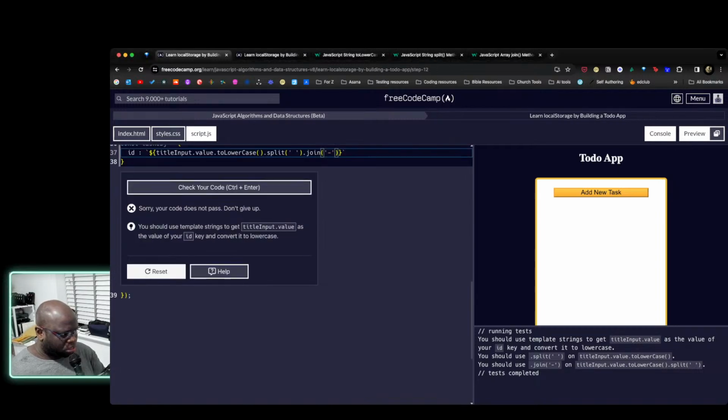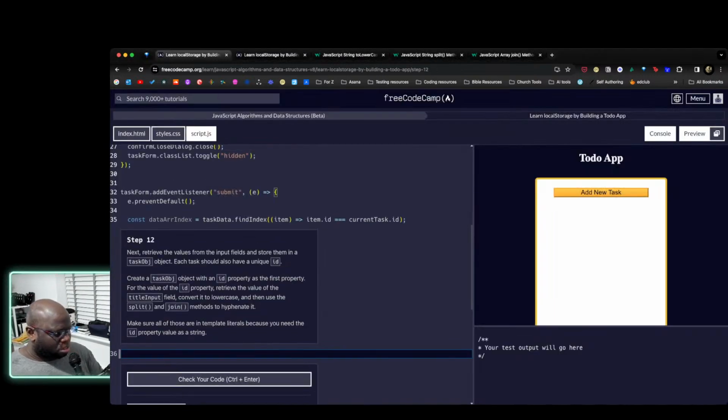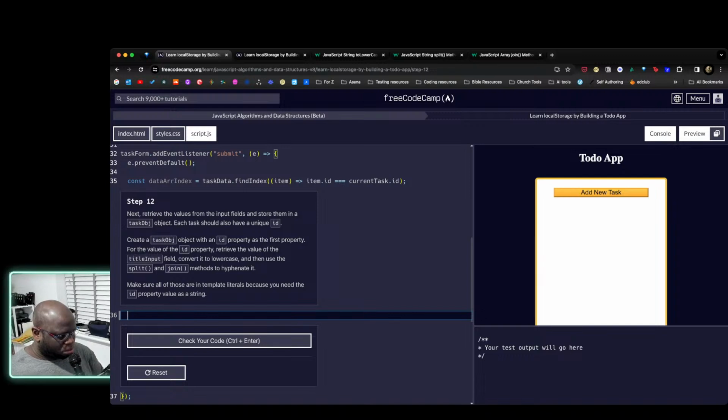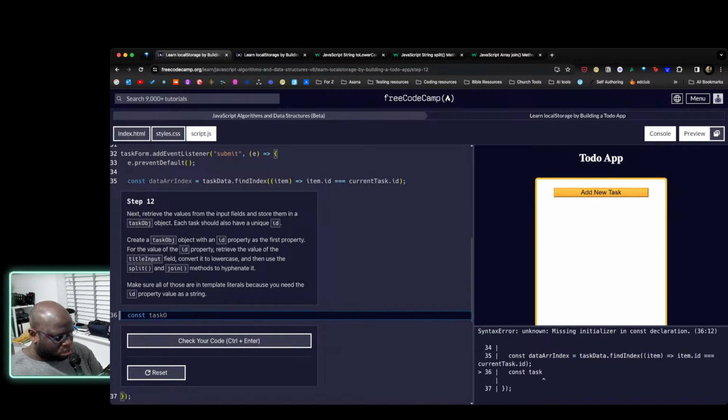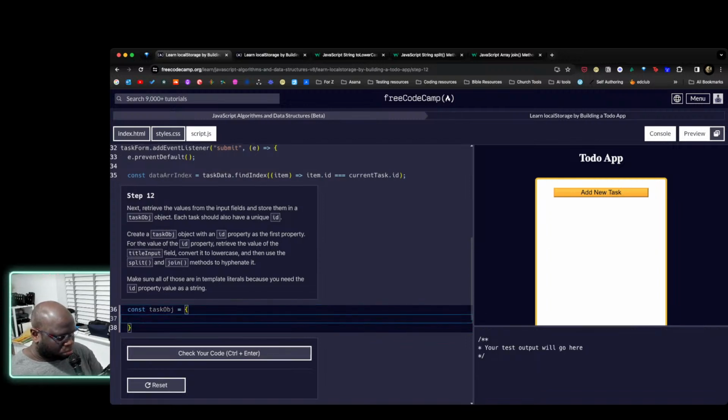This doesn't make sense. I'm going to reset. So, we've got a new object, the task object, right? We're saying this is an object, cool. Within that object, our first property is ID. Anyway,